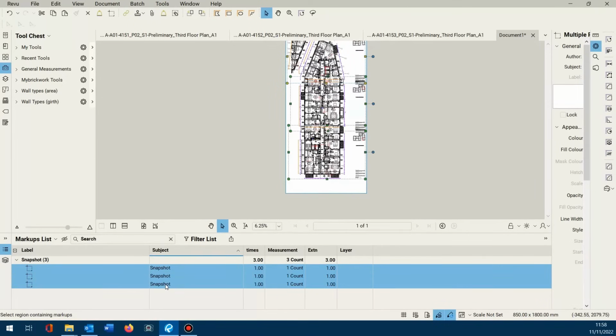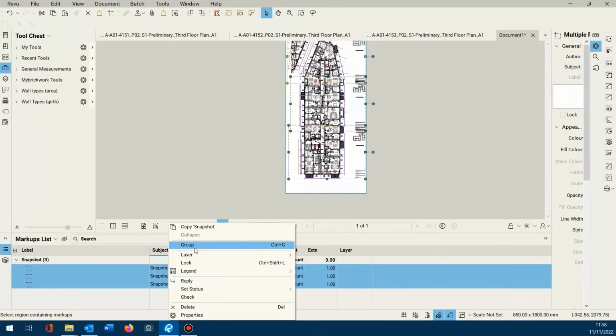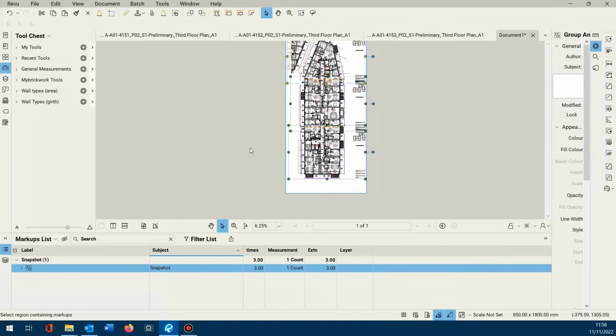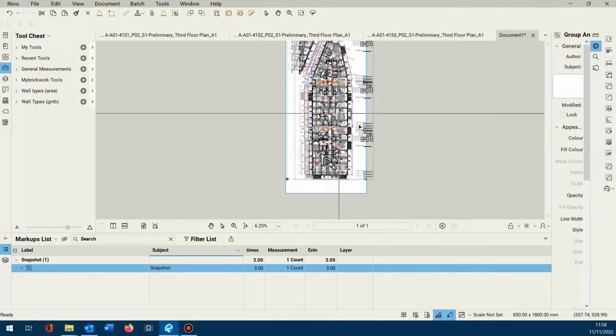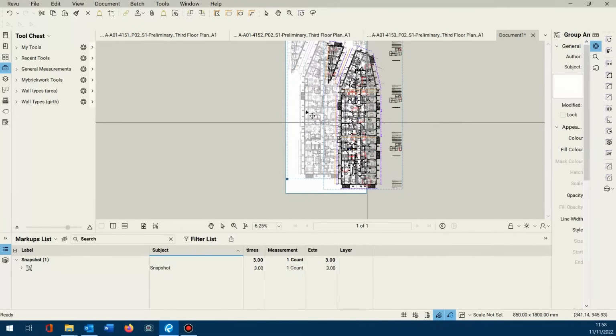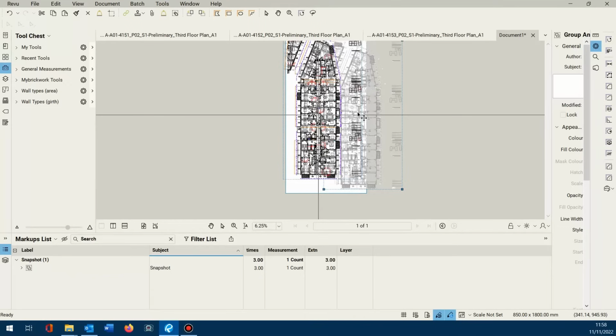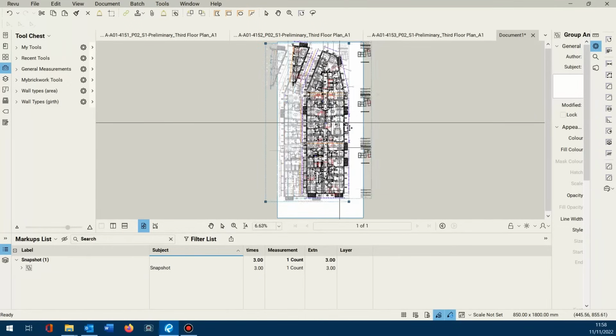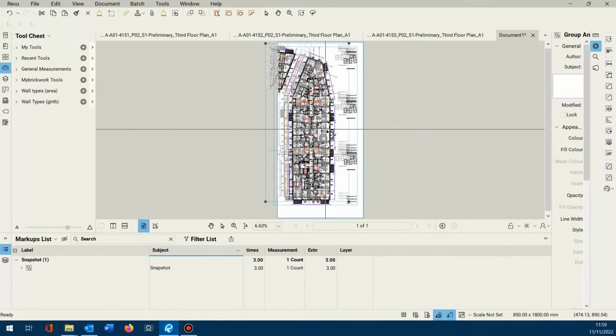If we just go ahead and multi-select, right-click, and I would group those. Grouping just means you're laying them all down flat into one layer, so they're all basically stuck together now. So just in case you inadvertently click on one of the tiles by mistake when you're actually taking off,